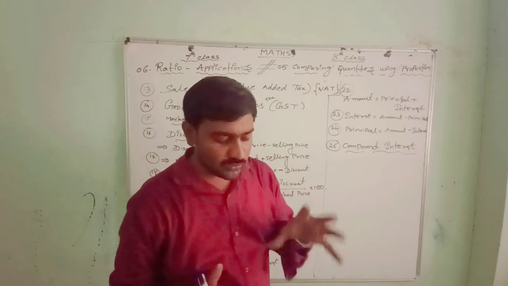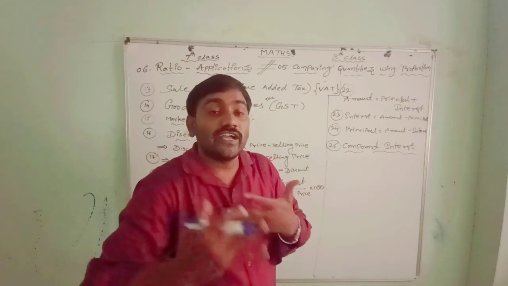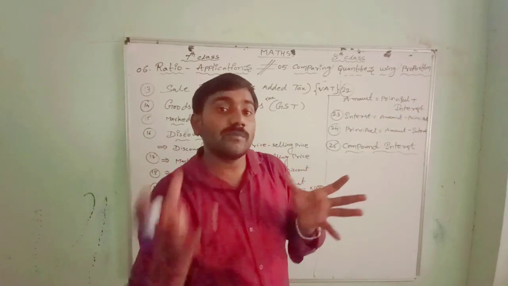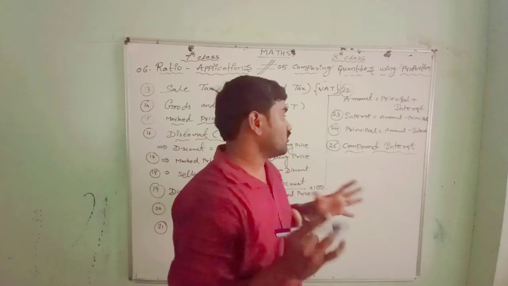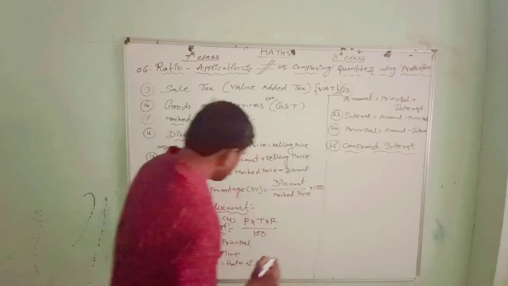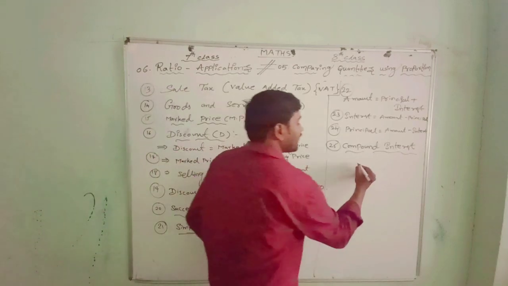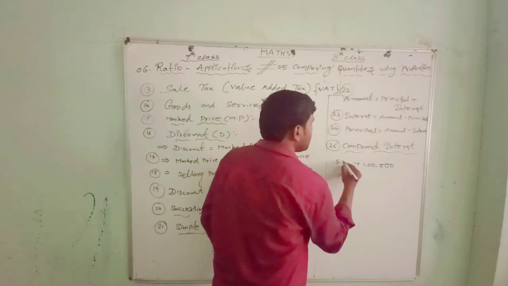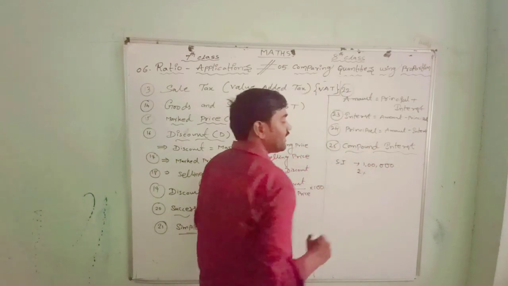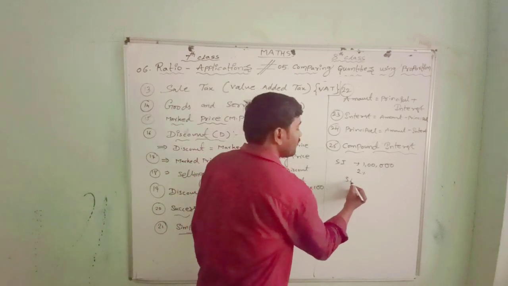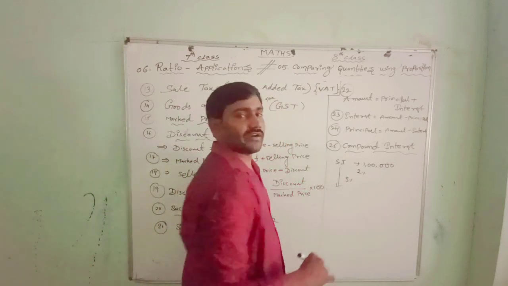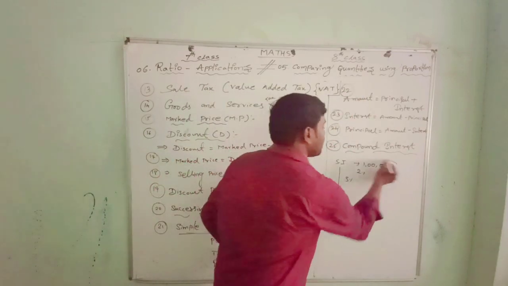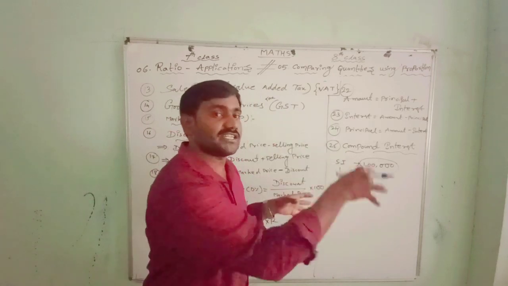The compound interest allows you to earn more. You will get more amount. Every year they will keep interest on interest again. That is called compound interest. Suppose, let me tell you, on simple interest, suppose you have taken 1 lakh rupees at a simple interest of 2%, and kept it for 5 years also. Only 2% will be calculated on only 1 lakh. On the principal 1 lakh only they will calculate interest.